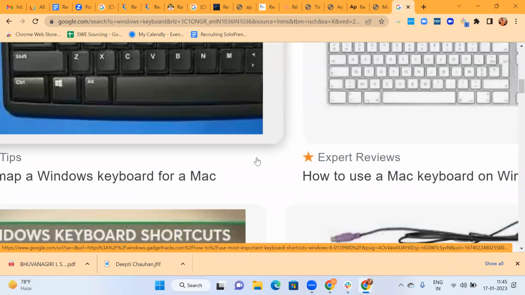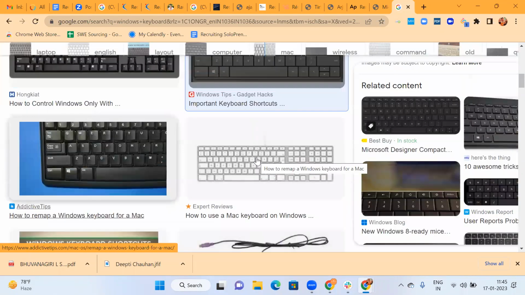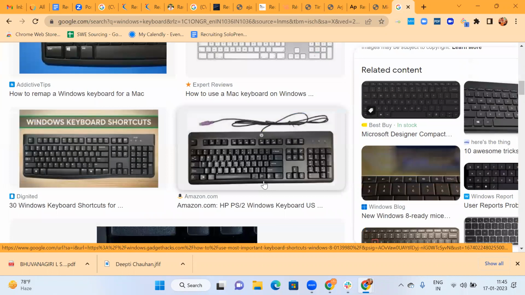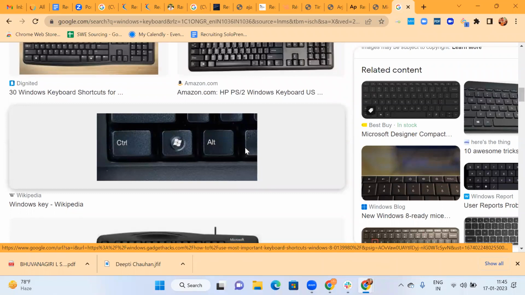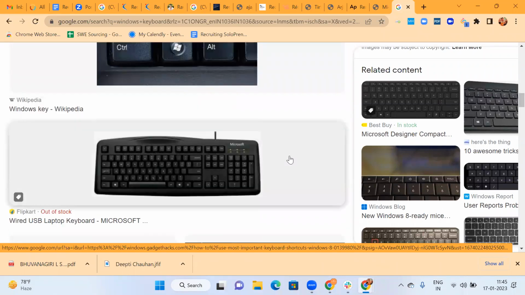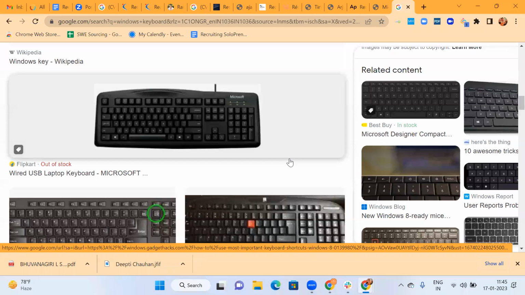You press both at the same time and you'll get that emoji panel. It could be a four-square or a wavy four-square, depending on which laptop, and on whether you have an external keyboard or a laptop keyboard. But look for the Windows key. Windows plus dot, pressed at once.